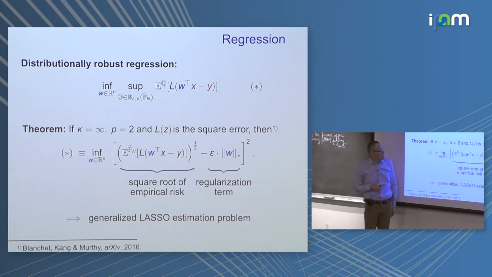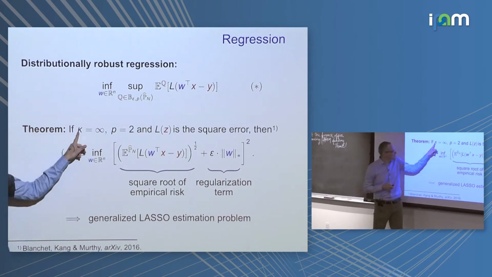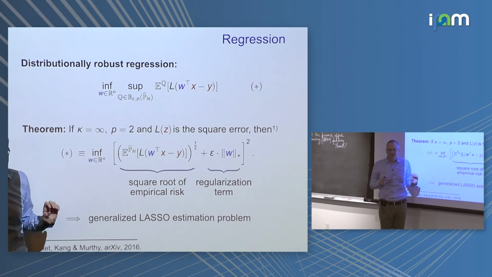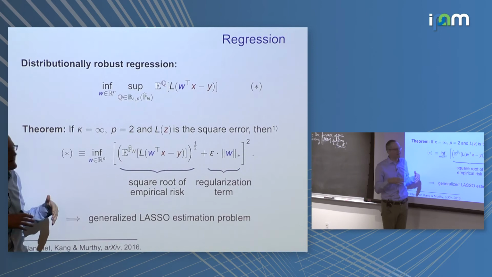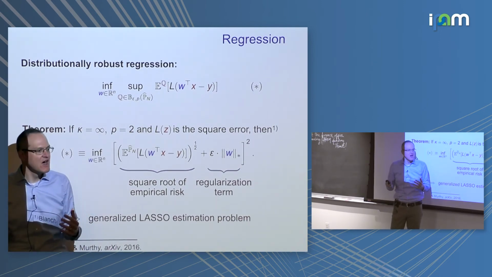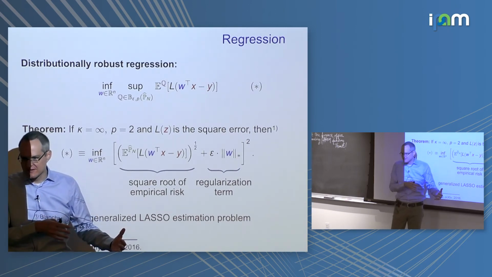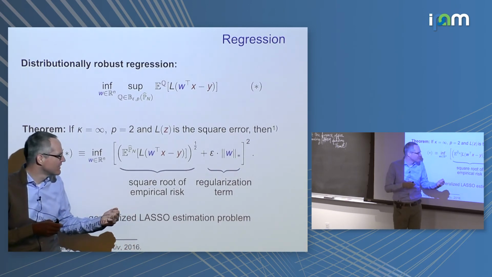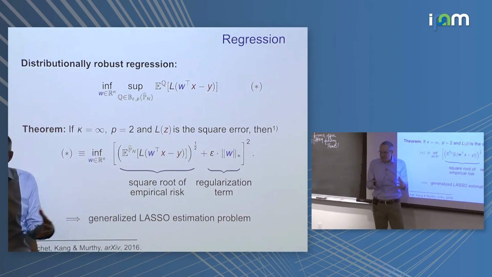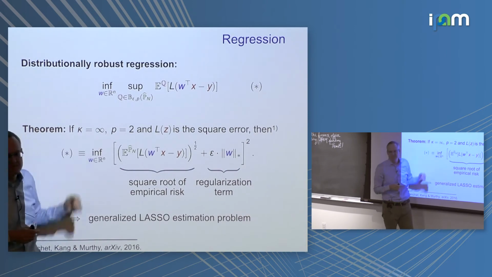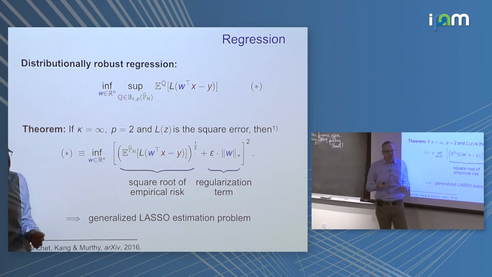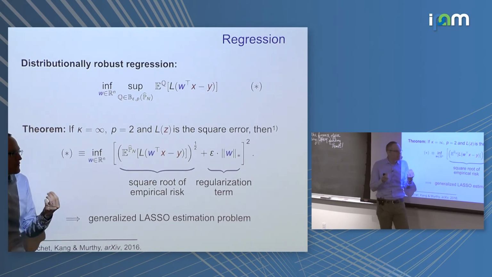OK. I should point out that if kappa is not infinity, then we still get convex optimization problems that are tractable theoretically. But these cannot be interpreted as classical regularized problems. So we get, in some sense, new regularization methods with two hyperparameters: the epsilon, which is the estimation error in the input distribution, and the kappa, which is the trust in the outputs. And we have to use, for example, cross-validation to tune both of those.